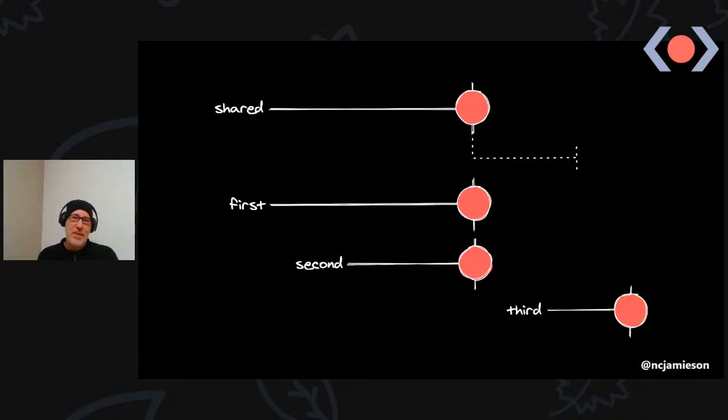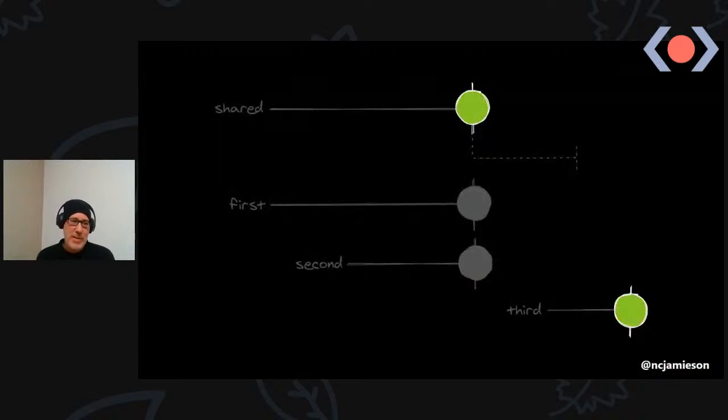Now, it's possible to build your own sort of reference counting in front of RxJS's multicast, and I've done that in the past, but it's problematic, and there are some edge cases and there are some bugs. In particular, the problematic part is that multicast will get rid of the subject when the source completes. So if this were an implementation that was sitting on top of multicast, when this third subscriber subscribes, instead of receiving the payload that the first and the second subscribers received, it connects and it gets a different subject.